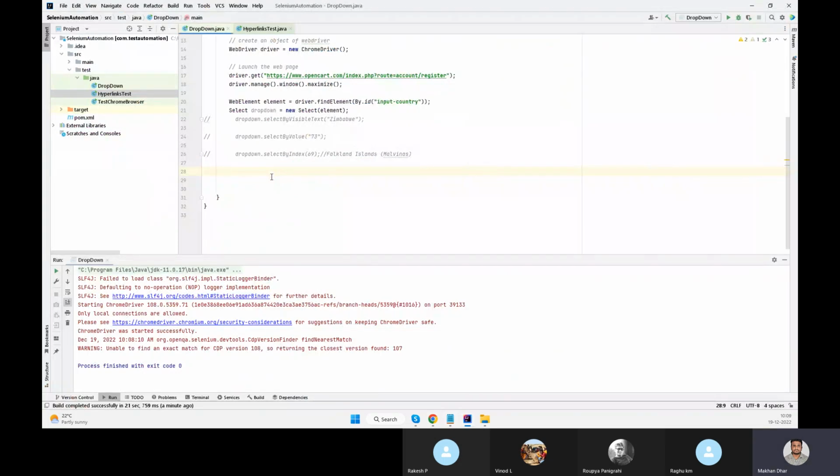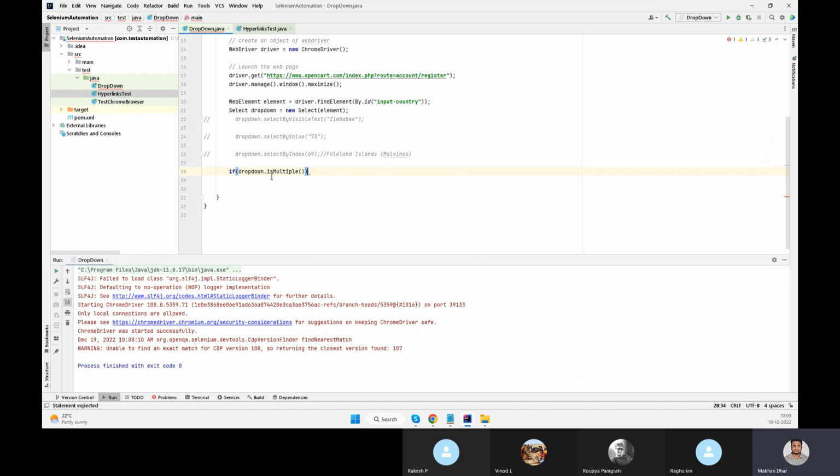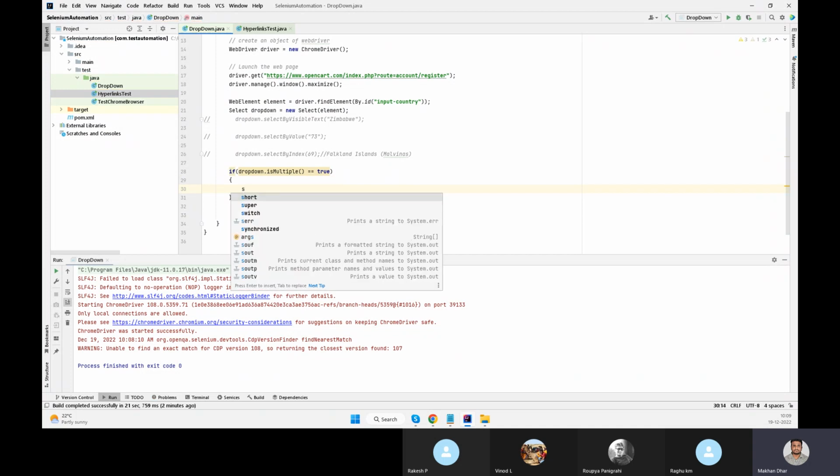For this, we'll use a condition because we are not sure whether there is an option or not. To check that, we will use an if condition. If dropdown.isMultiple equals true, then in that case what I'm going to say